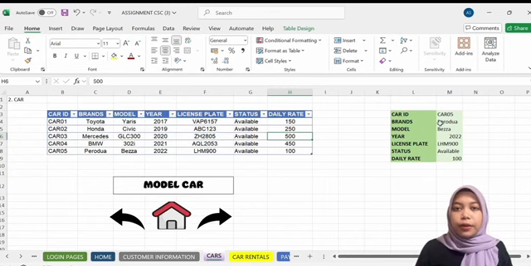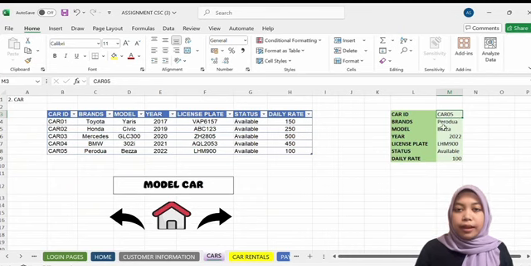On the right side of the sheet, you can see a green table that uses the VLOOKUP formula in Excel. This feature is useful when we want to find car information quickly. Instead of searching through the entire list, we just need to type a car ID in the provided cell. For example, car 05, and all details for that car will appear automatically. The VLOOKUP formula used is like this. This function saves time and allows easy access to accurate information.